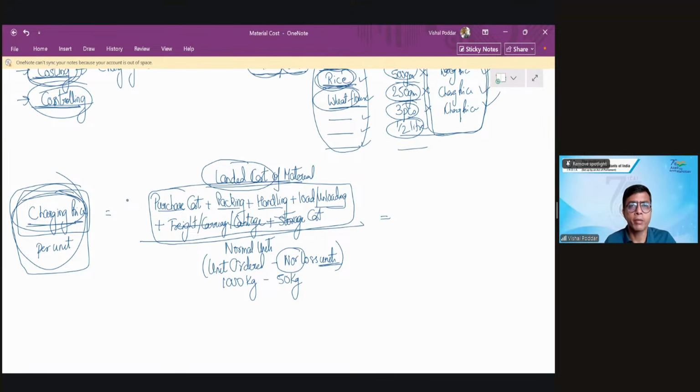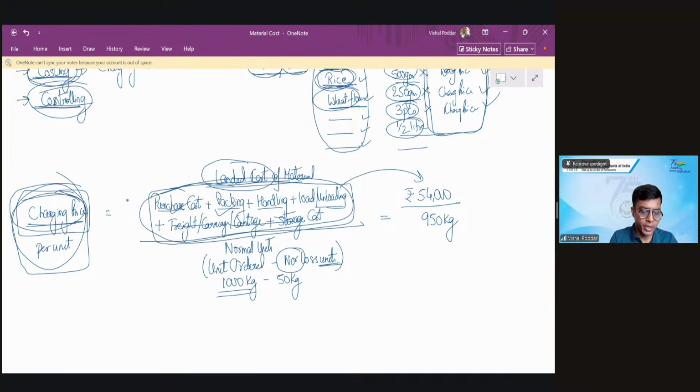So effectively न्यूमरेटर में, let us say ये कॉस्ट की सबकी एक्सपेंसेस मिला के टोटल आई मेरी 54,000। डिनोमिनेटर में मैं उसे 1000 से नहीं डिवाइड कर रहा हूँ। भले मैंने ये सारे खर्चे, परचेस कॉस्ट भी मैंने 1000 के लिए पे की, पैकिंग भी मैंने 1000 के लिए पे की, maybe ये सारे कॉस्ट मेरे 1000 के लिए इनकर हुए, बट आई नो मेरे घर में आने वाला कितना है, 950।